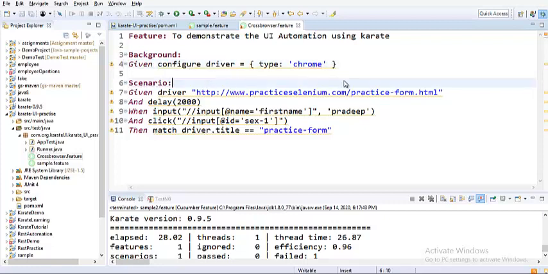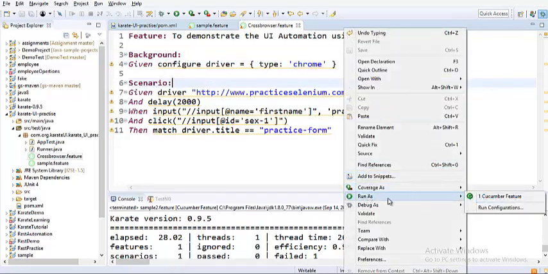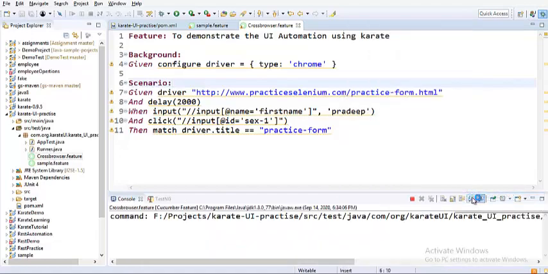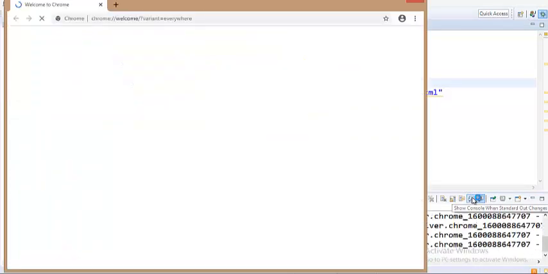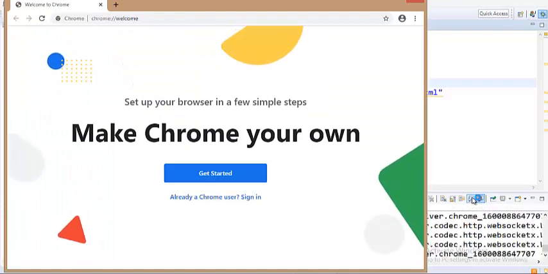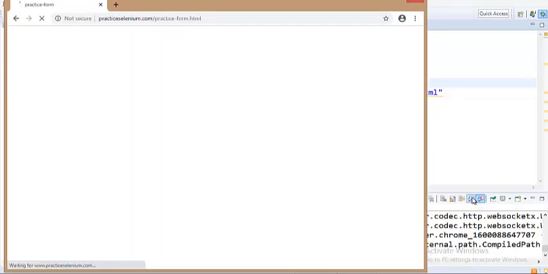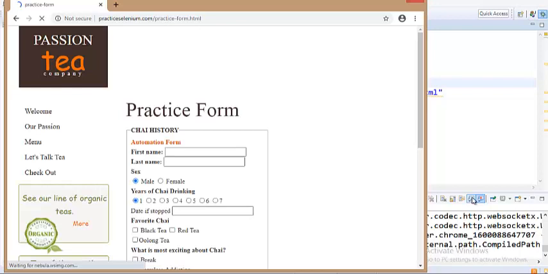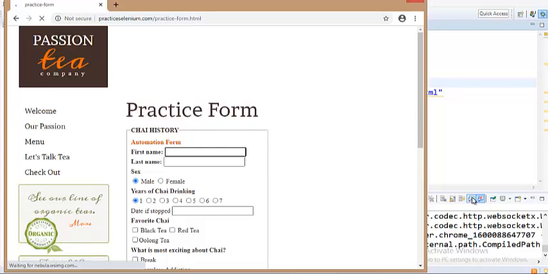So let me just run this script, Run As Cucumber Feature File, to see how the browser is launched. You see the Chrome browser got launched and it is routing to their website practice-form, and it should send the keys, followed by clicking the radio button.